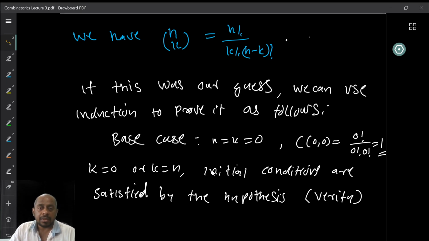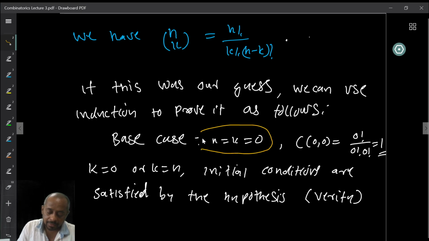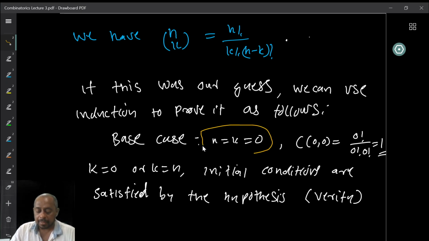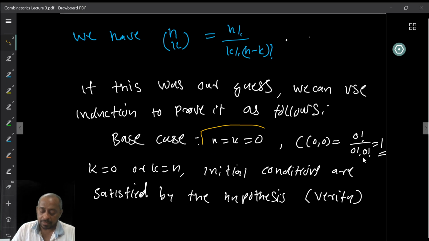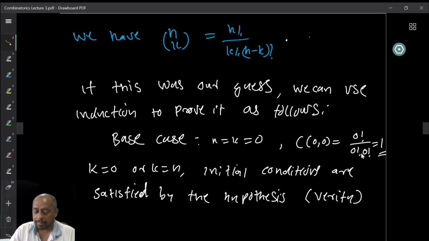Now, we can use induction. If we have this guess, we can use induction to prove this from the recurrence relation, as we did in the earlier cases. How do we do it? So we start the proof as follows. The base case is n equal to k equal to 0, and we observe that C of 0, 0 is equal to 0 factorial by 0 factorial into 0 minus 0 factorial, which is 1. So therefore the base case holds, and even look at the other initial conditions, k is equal to 0 or